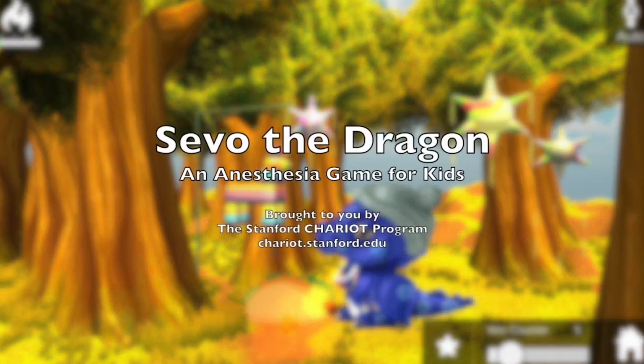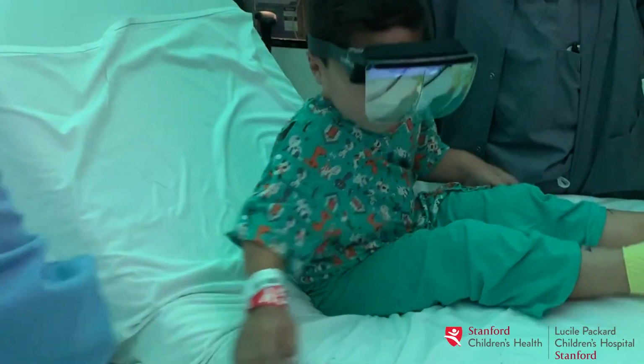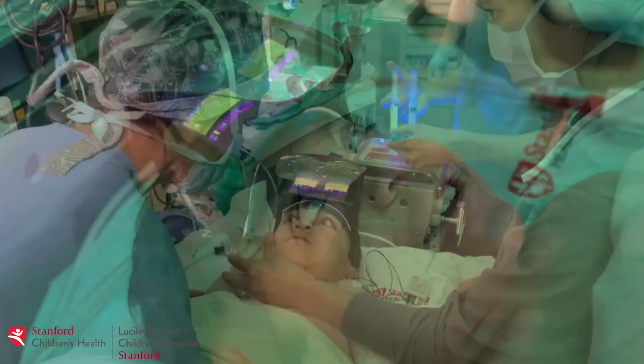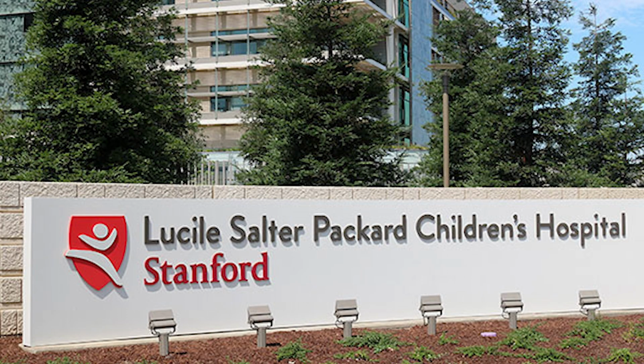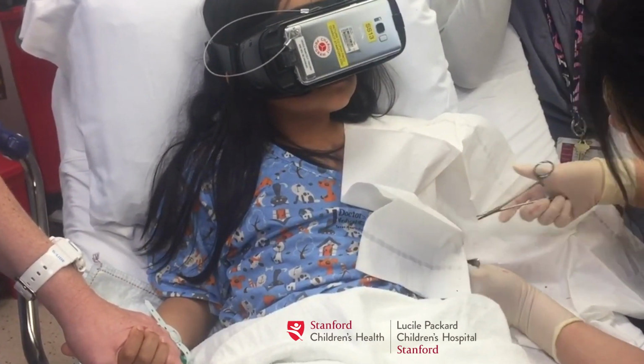Of course, VR applications in healthcare are not just limited to virtual hospitals. VR can be used to ease anxiety before procedures or during imaging, or help with post-operative pain. Even in some cases, VR can be used to reduce the need for sedation or general anesthesia during minor surgical procedures. In 2018, Lucile Packard Children's Hospital Stanford, as one of the first institutions to pilot VR capabilities in